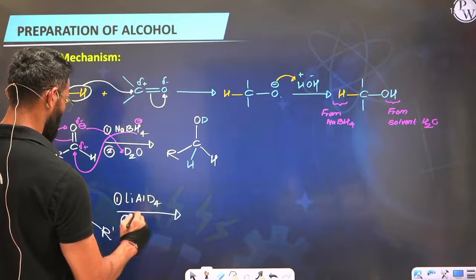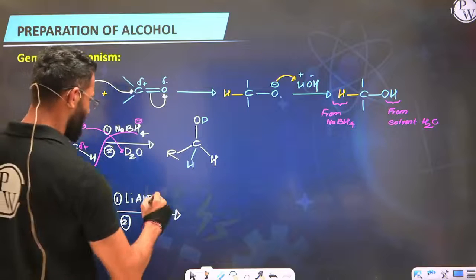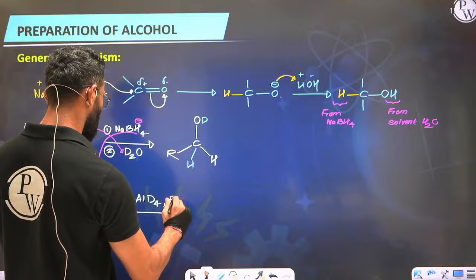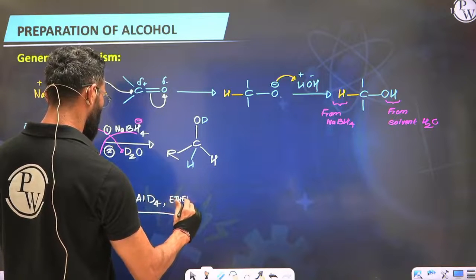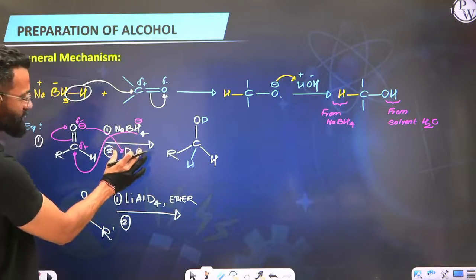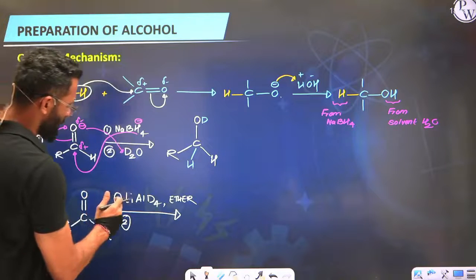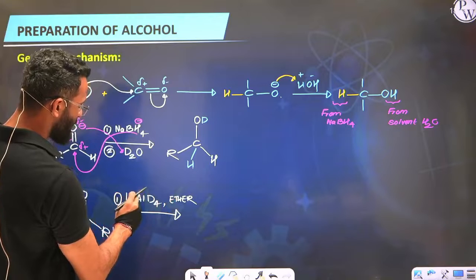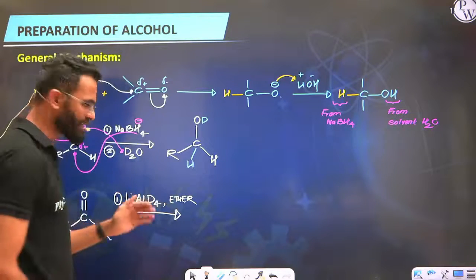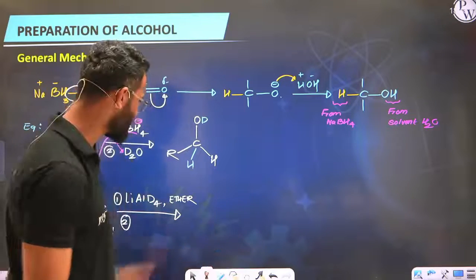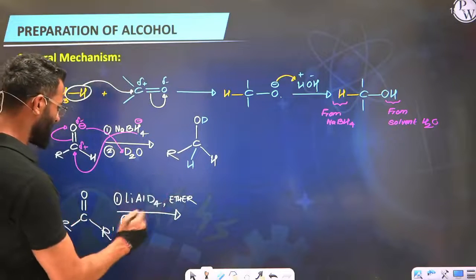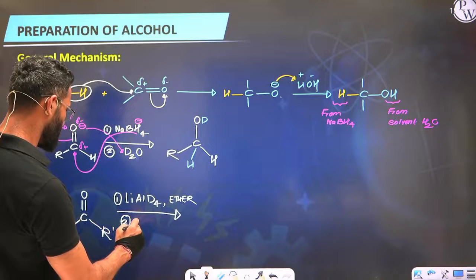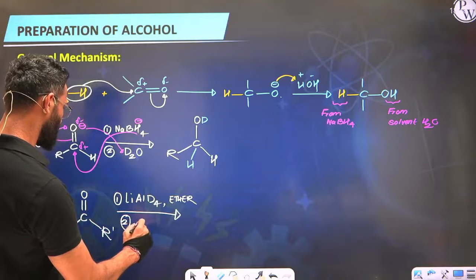and here now of course when you add LiAlD4, this is going to be in presence of ether as a solvent. See, when it comes to sodium borohydride, you will directly see it is with water or heavy water. But when it comes to lithium aluminum hydride, first you will use an ether, because LiAlH4 or LiAlD4 basically explodes in water. So to avoid that, we use ether first and then we carry out hydrolysis. So then we will be using, let's see, if I give you